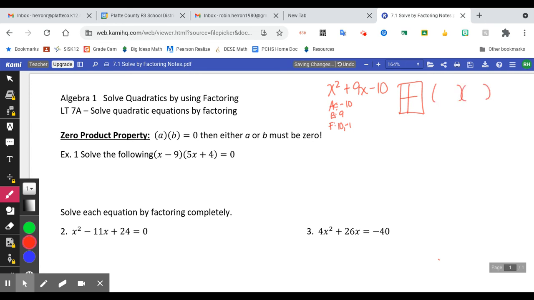So our next step today is learning how to actually solve these parentheses. And in order to do that, we have to find out what x actually equals. So in order to have it equal something, it has to start by equaling 0. Like we have to have an equal sign in there to be able to solve. So all of our equations today are going to be equal to 0 every time. So that's kind of going to be your first step. Set equal to 0 each time